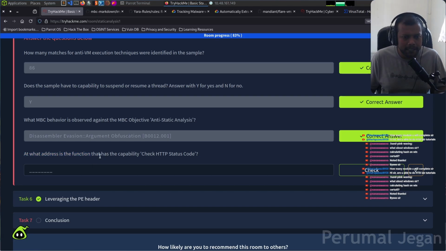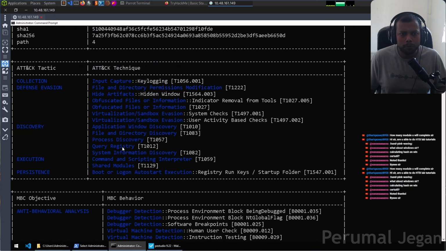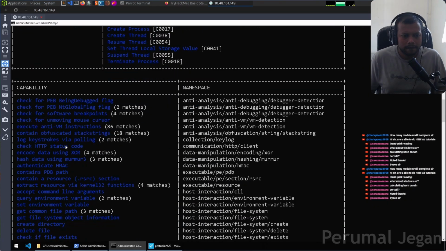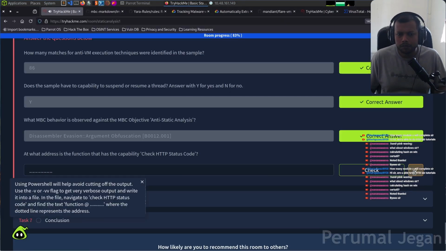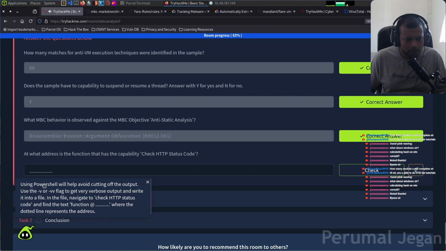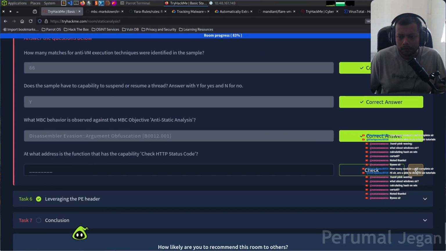At what address is the function that has capability check HTTP status code? Are they asking address? So they are talking about capability, right? Check HTTP status code, and looks like this one. Or at what address? So let me get the hint. Using PowerShell will help. Come on. If I get the hint,